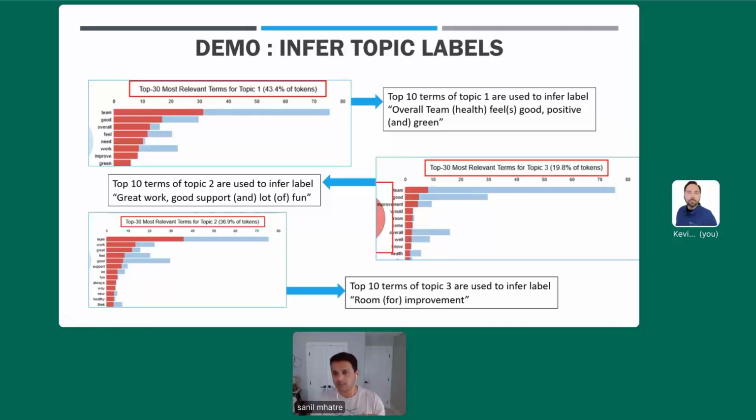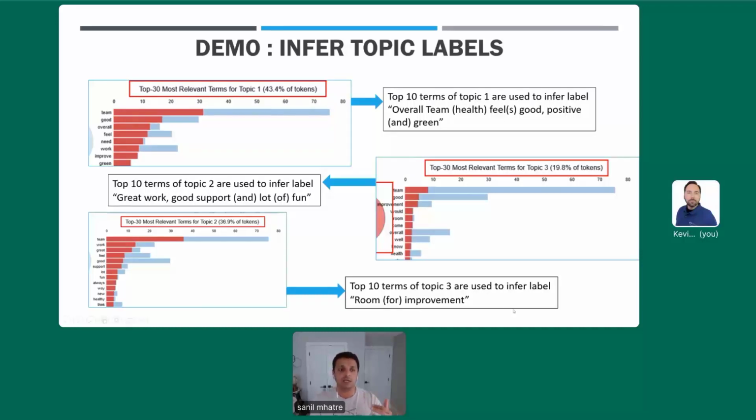And every time I'm creating a sentence, I'm eliminating some of the words that were in the previous topic to keep the next topic as distinct as possible from the previous topic.